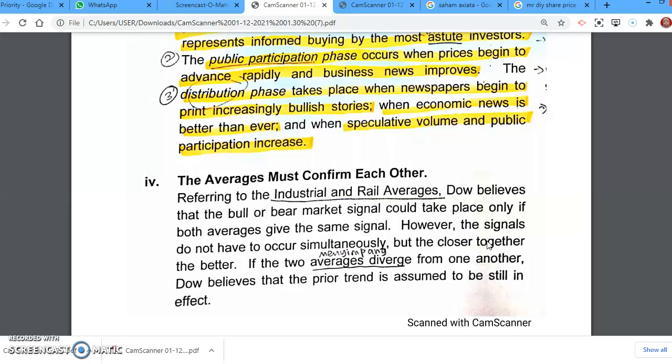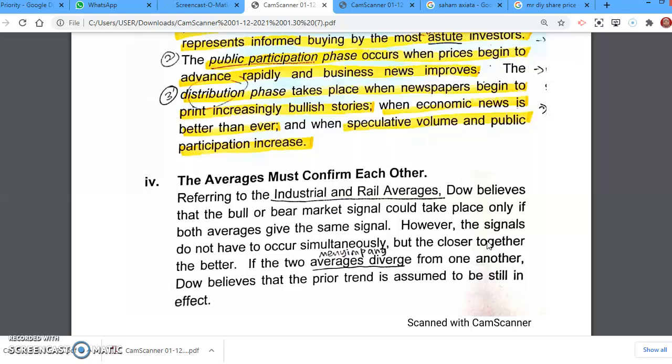Okay, so because di US pada masa itu timbulnya kilang-kilang besar, industri mereka sedang membangun, dan of course untuk membawa produk-produk kilang ini ke pasar untuk dijual ataupun ke mana sahaja, mereka memerlukan transportation, dan of course train is one of the main transportation that they use. So of course at the moment they are looking at how the industry works, how the rail industries are also expanding. So they believe